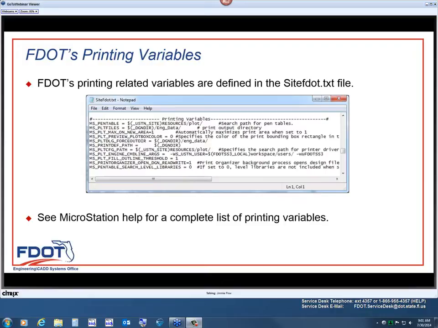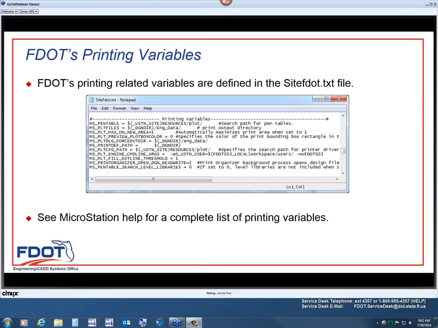Basically we set variables to define the location of where to find pin tables and where to find the PLT CFG files. You can see here the MS plot files basically sets a default output directory to the ENG data directory. Just some basic stuff like that. But there's a huge list of variables